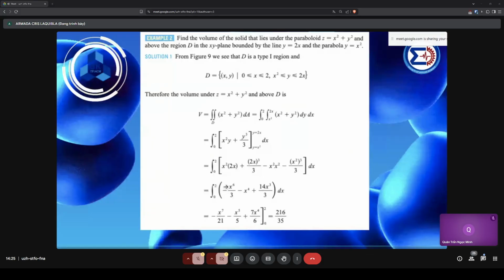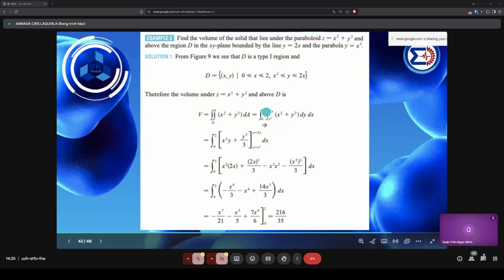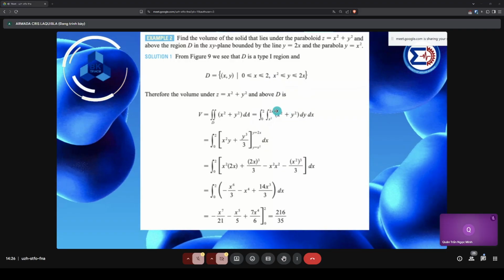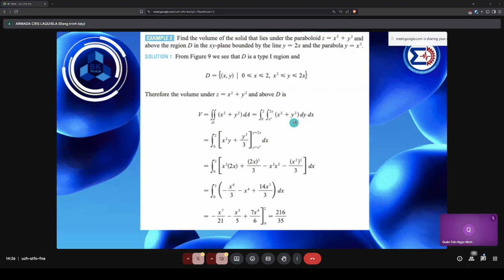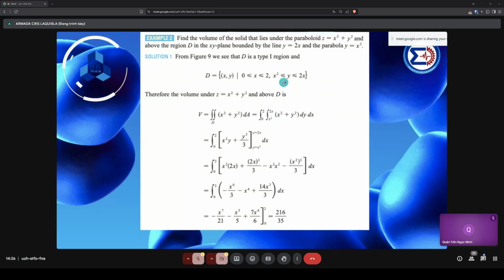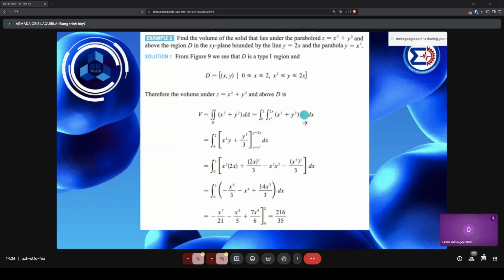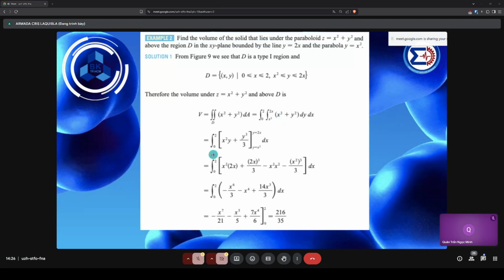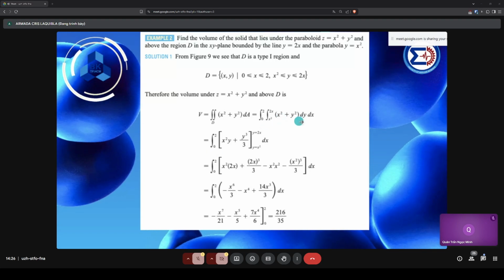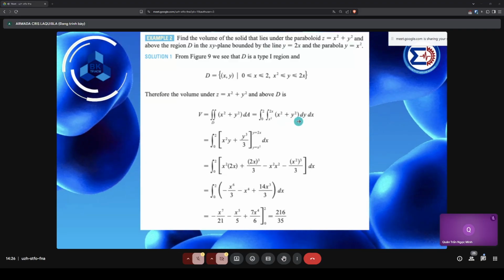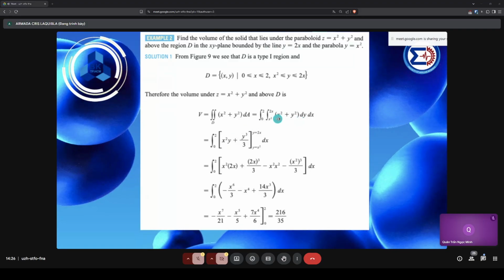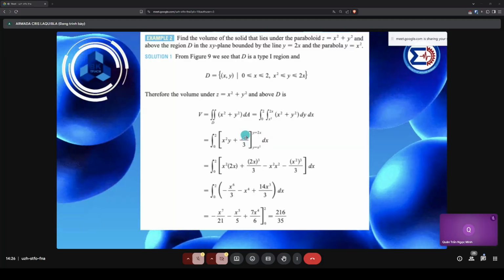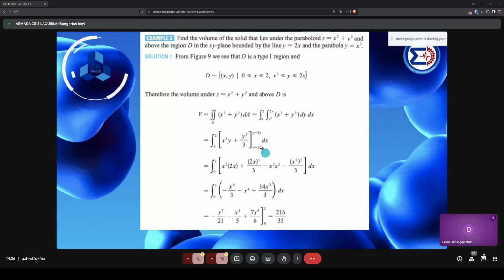Okay, now we solve this. Again, the same: 0, 2 here, and then x squared here, then 2x on top, then copy the x squared plus y squared here. Since this one is bounded by your y, dy is first, then dx is the last one. Then take the integral of this x squared. There is no y here. We are going to solve the integral with respect to y first because dy is here. Since that is considered constant, just write y beside it, and then plus your y squared becomes y cubed over 3. Now evaluate that